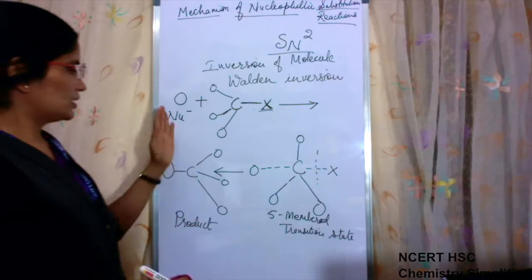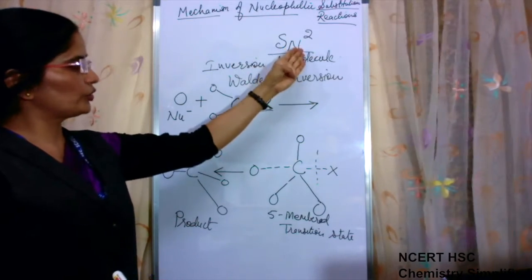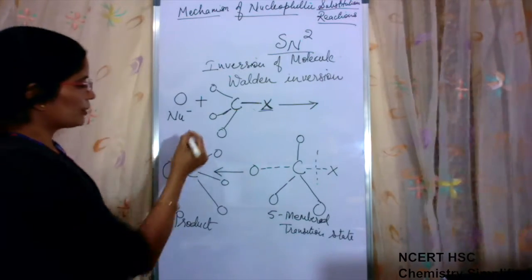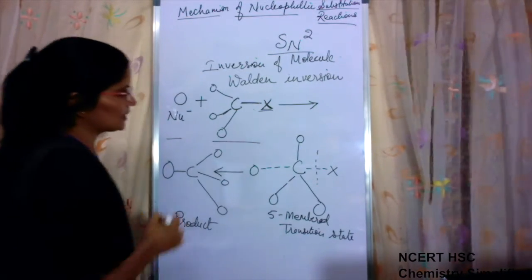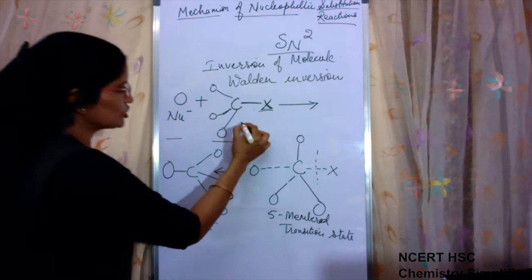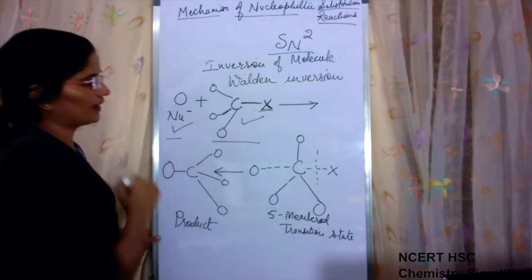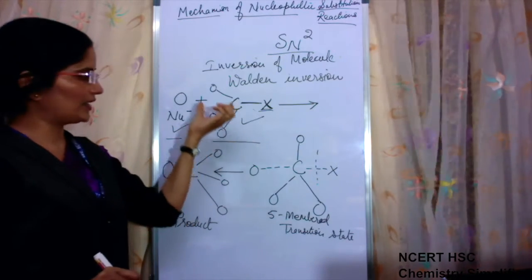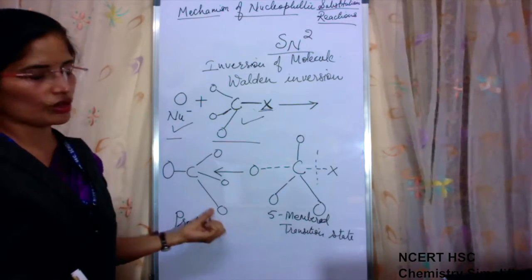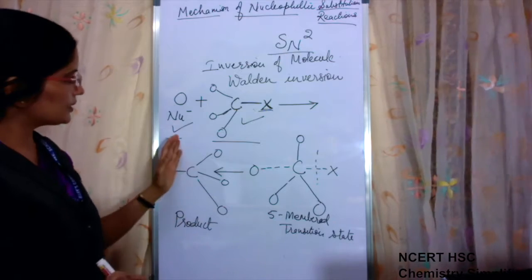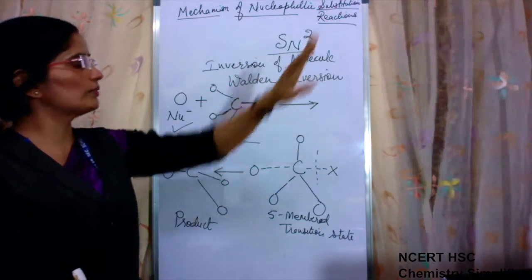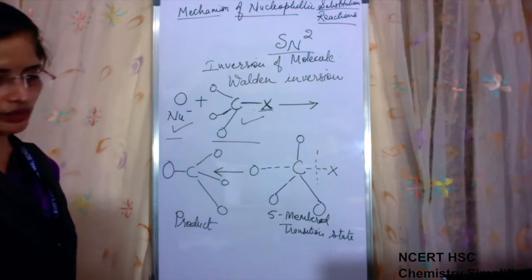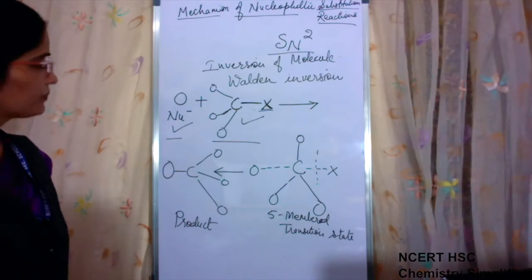Now, why it is substitution nucleophilic is clear, but why is it bimolecular too? Because in the first step which is taking place, the concentrations of both this and the nucleophile affect the rate of reaction, because both of them are at the same time involved in the process of product formation. That is why it is known as the SN2 mechanism. The concentration of both is going to affect the rate of reaction.